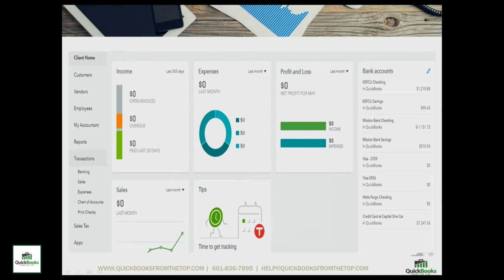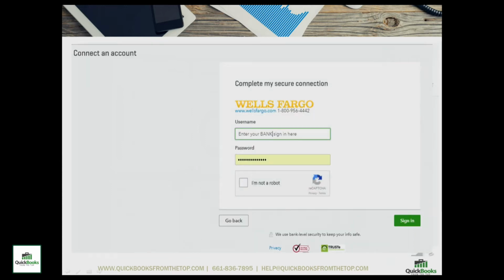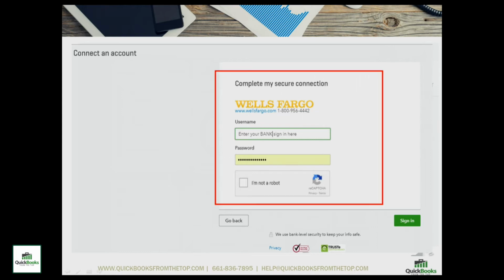Back to the home page, we're going to move to the left under Transactions and select Banking. This is where you set up your bank and credit cards, and the most common items are at the bottom here, American Express, Wells Fargo. In this case, we've selected to use Wells Fargo, and make sure when you're filling this out, they're not asking for your QuickBooks login,